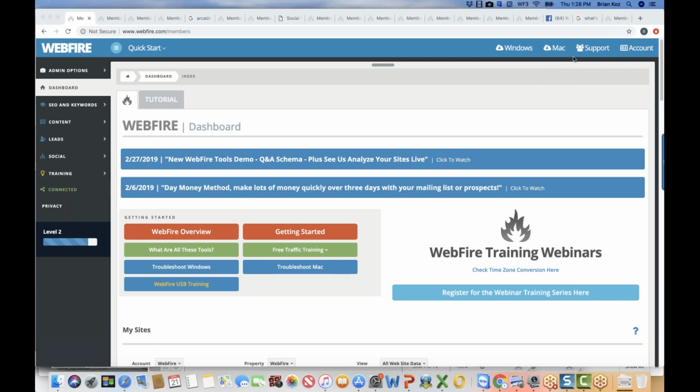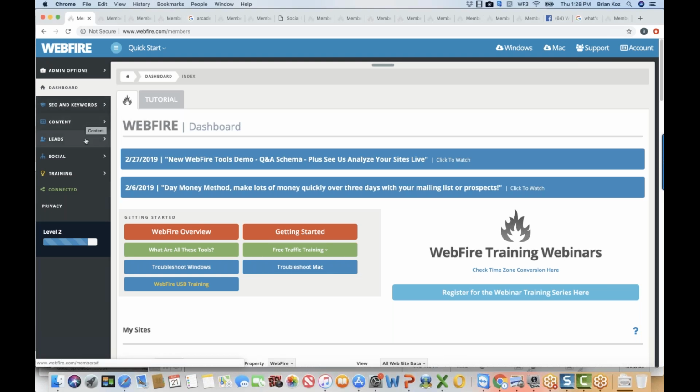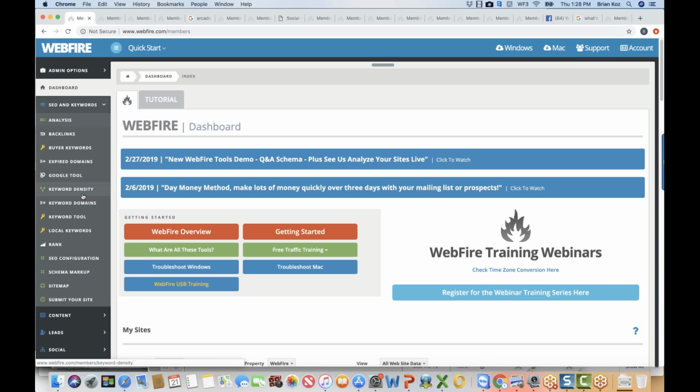So right here, we should see inside of WebFire. The first thing you see is there's a bunch of tabs on the left side, like SEO and keywords, content, leads, social, and so forth. If we click on any of those, we see a bunch of tools show up, like under SEO and keywords. We see a website analysis tool. We see a handful of keyword tools.